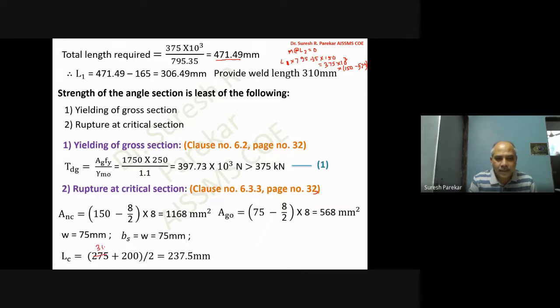And then actually we have 310 plus 165, and then we will get this as 475, and from this we get the average length as 237.5 millimeters. Substituting this value of average length, we have this as L1 and this as L2. So these are wrong, it is 475, and this also is 475. So 237.5 we have over here.